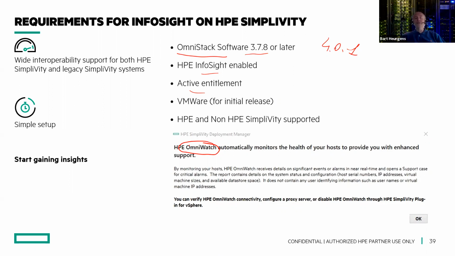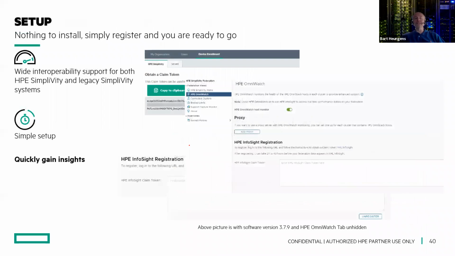And there are guides as well available. When you go to infosight.hpe.com, you go to the SimpliVity section. There's also a getting started guide over there. So there you go. What you need to do, you go to the federation view, there is the OmniWatch section, and now with 378 and higher, you get this new section called